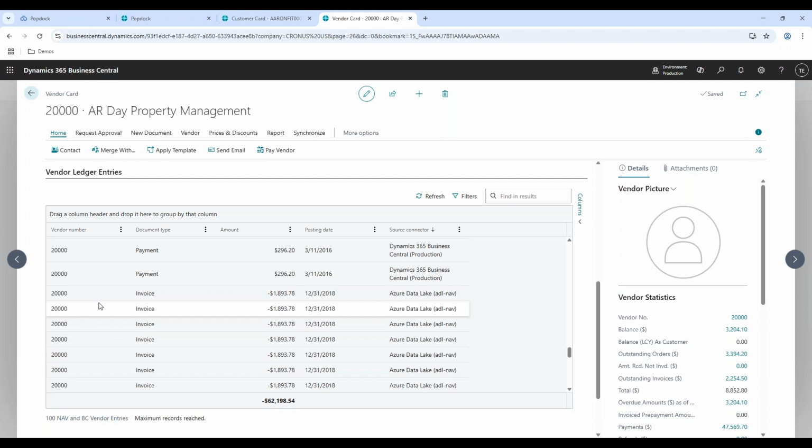So that should give you a high level overview of the demo that I wanted to provide, really just highlighting how we help you move your data or archive it, and what your options are for connecting to that with PopDoc. Again, we do have the ability to connect to a lot of these historical on-premise applications directly to the server. If you do plan on continuing to maintain that server, that is certainly an option. However, oftentimes we do see people wanting to eventually get rid of that server once they've moved to Business Central,